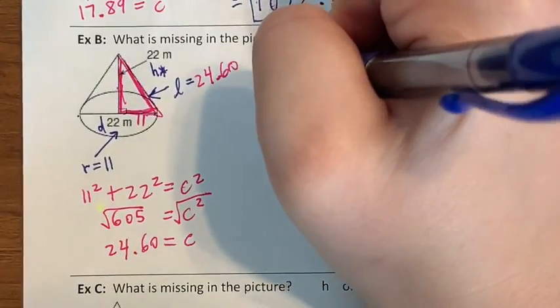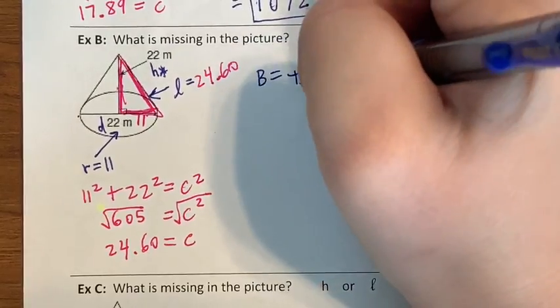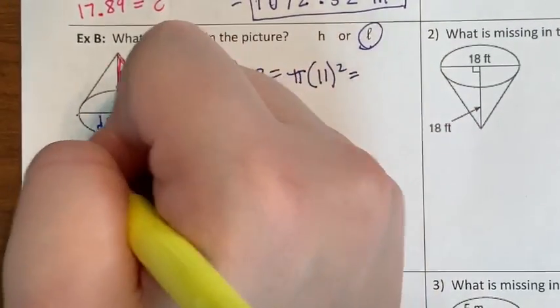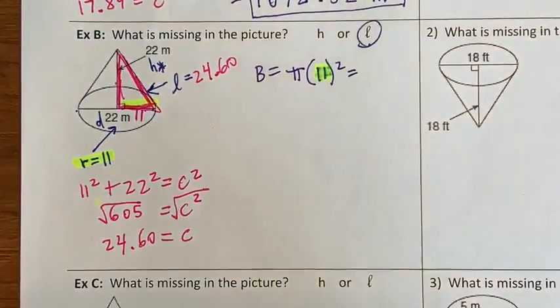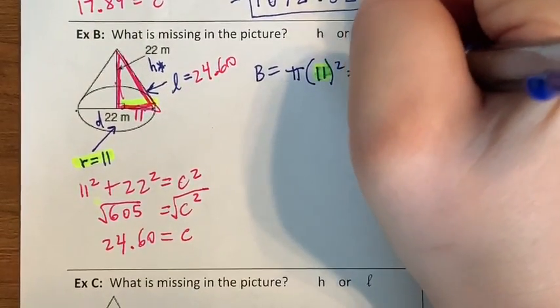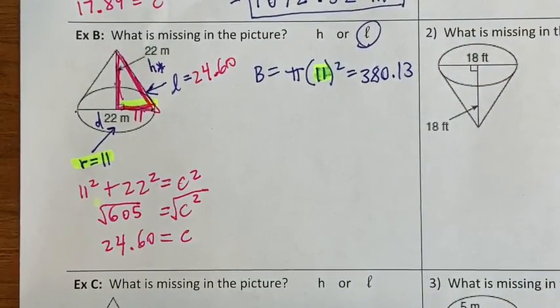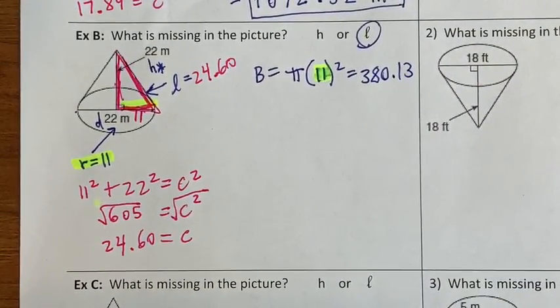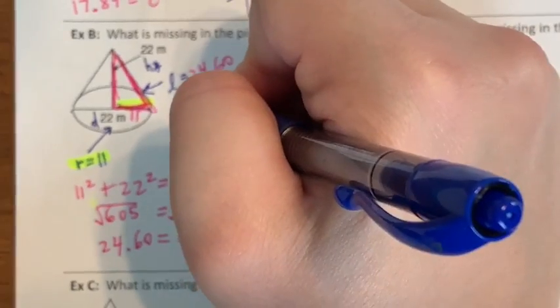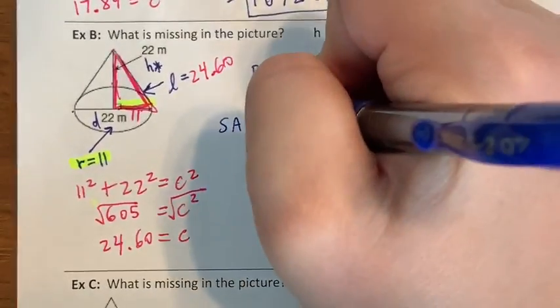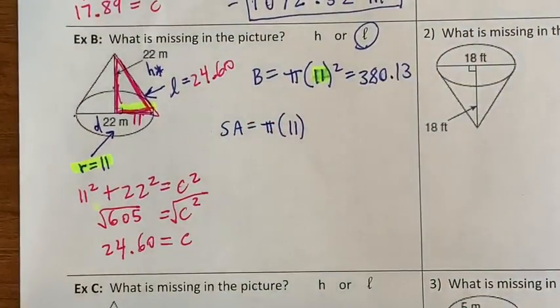So we're doing pi times our radius, which is 11 squared. And again, my radius is really just cutting halfway across the figure, right? So radius of 11, which gives me 380.13. So now we have everything we need to plug into our surface area and volume formulas. So for surface area, doing pi times my radius of 11